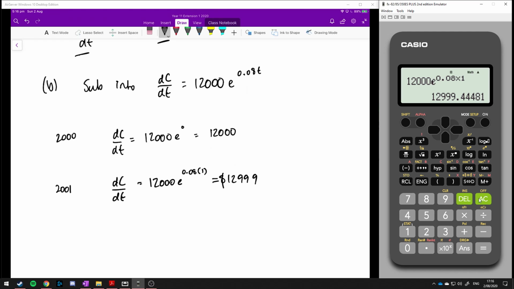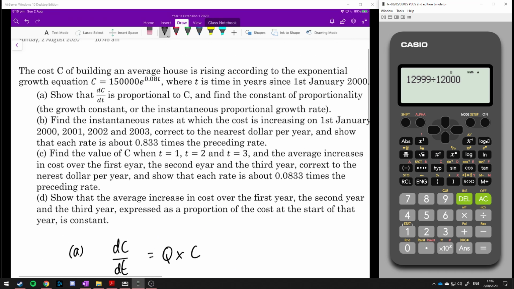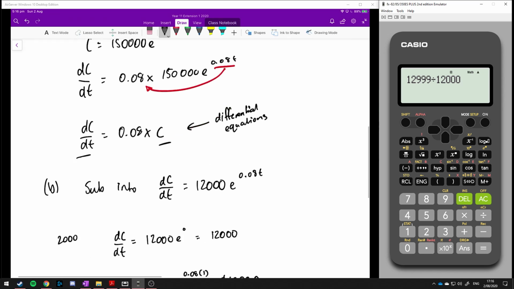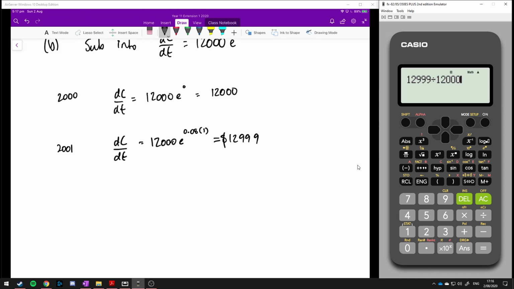Now the change between those is 12,999 minus the 1200, sorry, not minus, divided by the 1200, and this should approximately give us 1 plus that rate that we wanted to find. So in our initial question, we wanted to show that the growth rate is about 0.0833 times bigger. So that amount is equal to this, and if I subtract the original starting amount, we should get,